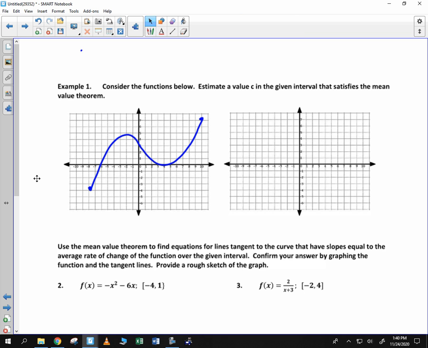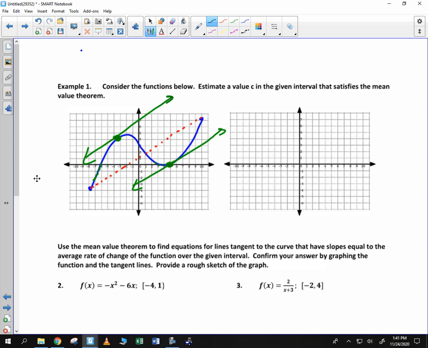And we are simply going to connect these two dots to say that that is the average rate of change. So you should be able to look at that now and pick out a spot where you think that if I were to take the derivative at that point, I would get a slope that would be the same as the red line. I don't think it's anywhere here, but it's probably somewhere right about there, if you draw a tangent line there. But it looks like there's probably also one right about there as well. So at about -3.5 and about, say, 5, that would satisfy the mean value theorem.